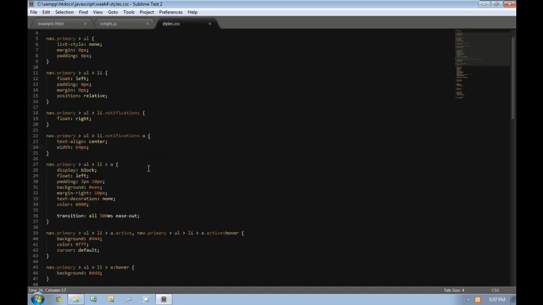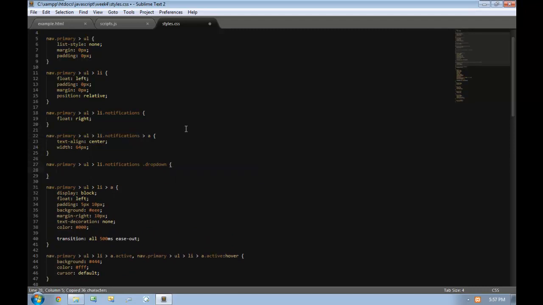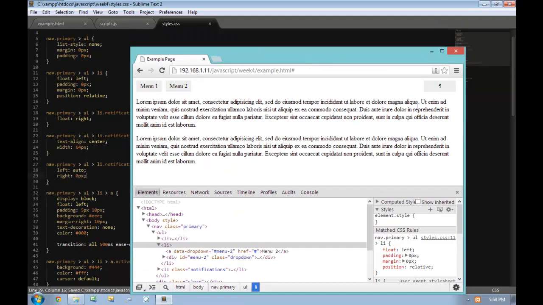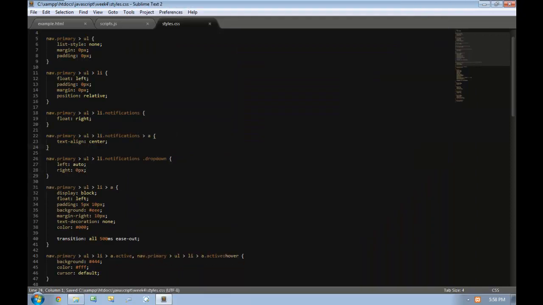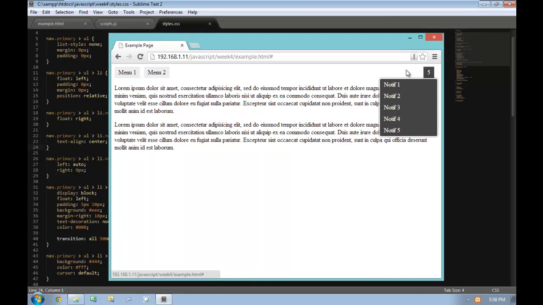I can jump back into my styles and style my drop-down with a left of 0, or sorry, a left of auto and a right of 0. And now I have Facebook style notifications with a really, really ugly button. I'm not sure 64 width was the right choice in that case. So again, now we have a fancy little Facebook style notification button, which would not be appropriate to do with